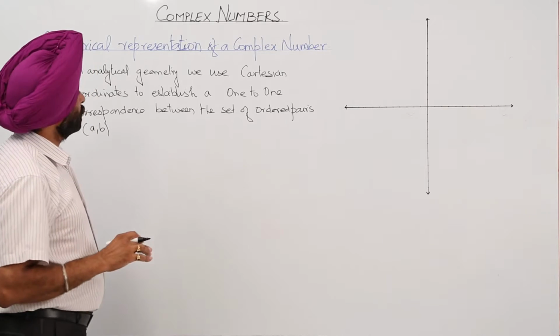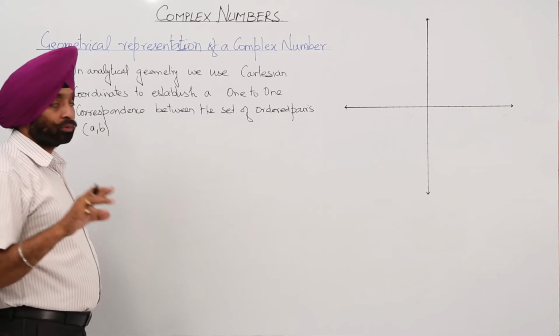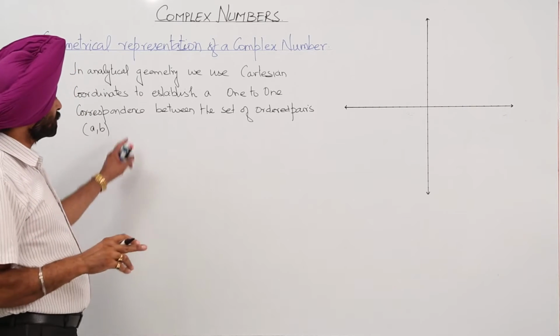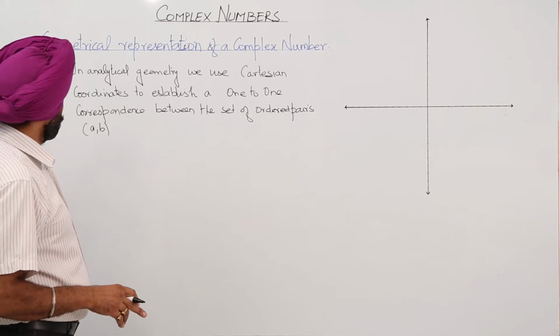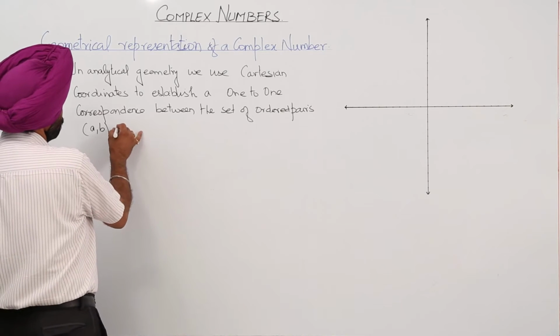In analytical geometry, we use Cartesian coordinates to establish one-to-one correspondence between the set of the ordered pairs in